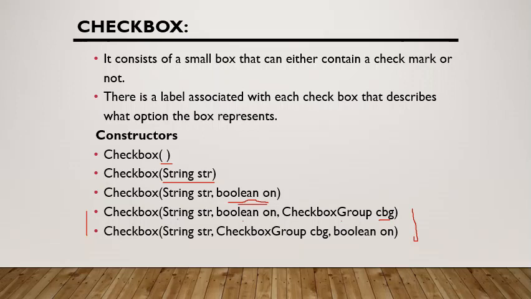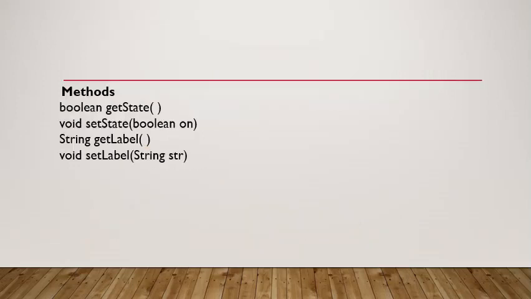That is checkbox group, say CBG is equal to new checkbox group, and here you use CBG. So then in that group this checkbox will be added, right? If you will not write this third parameter, then it will be considered as a checkbox and not the radio button. And sequence doesn't matter for these 2 components. I mean, in the middle also you can keep the checkbox group, and at the end boolean true or false. Okay, so this way we can use checkbox and checkbox group.